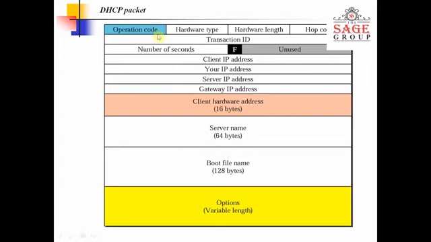The first 8 bits are for the operation code. What type of operation does it cover? It covers DHCP request, DHCP offer, what the address type is, etc. What is the hardware type? Hardware type is just like an Ethernet port, router port, Wi-Fi router. These are the hardware for DHCP. What is the hardware length? According to the hardware type, the hardware length varies.